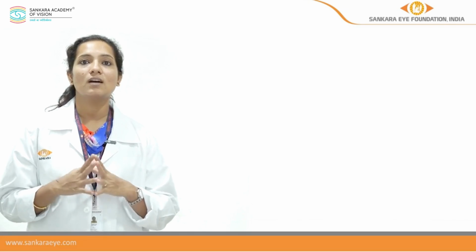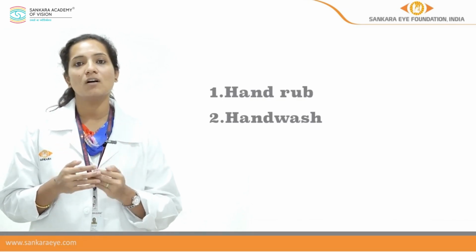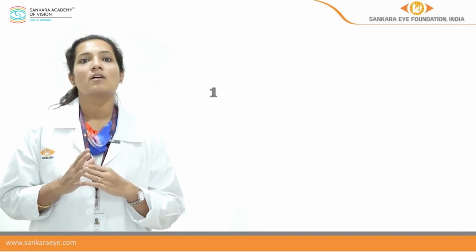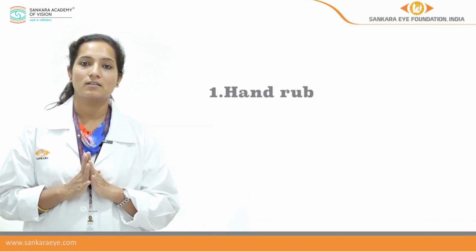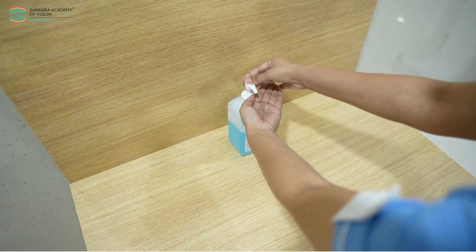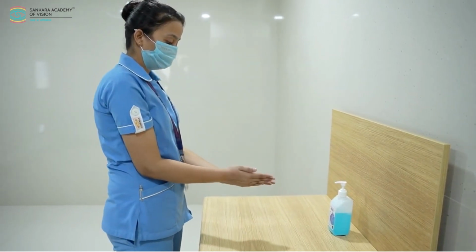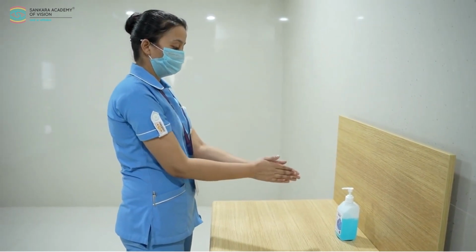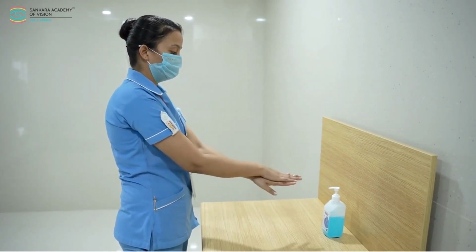Now let us learn how to perform hand rub and hand wash watching a demonstration. First, let us see the steps involved in hand rub. So first we take recommended amount of products, that is 5 to 10 ml of antiseptic hand rub alcohol based solution on your hands, palm to palm, then it is palm to back,